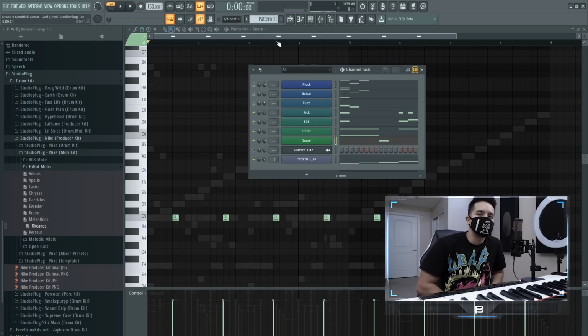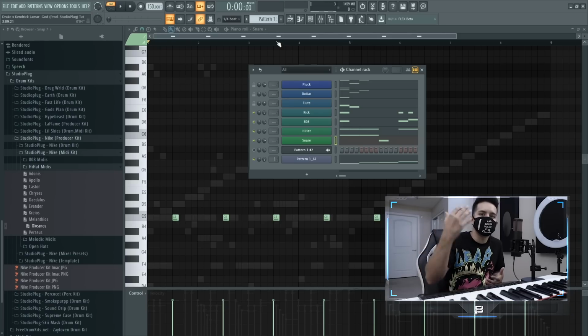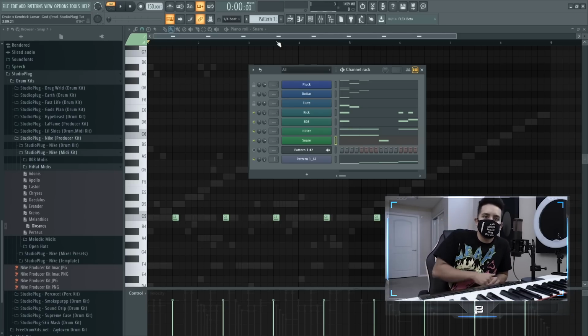The last step would be to lay it out. And as I say in a lot of my videos, laying it out is all optional. There's not really no secret to it. It just depends on how you want it, because you guys can start it with a verse. You guys can start it with a hook. You guys can start it with 10 bars for all the rapper cares, because they're going to edit regardless of how it is. But if you are going to edit it for a rapper, they usually go with 8 bars